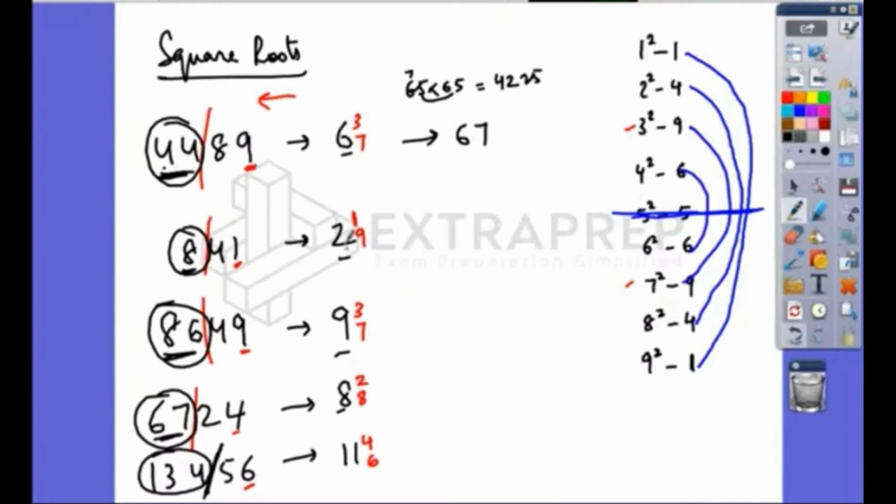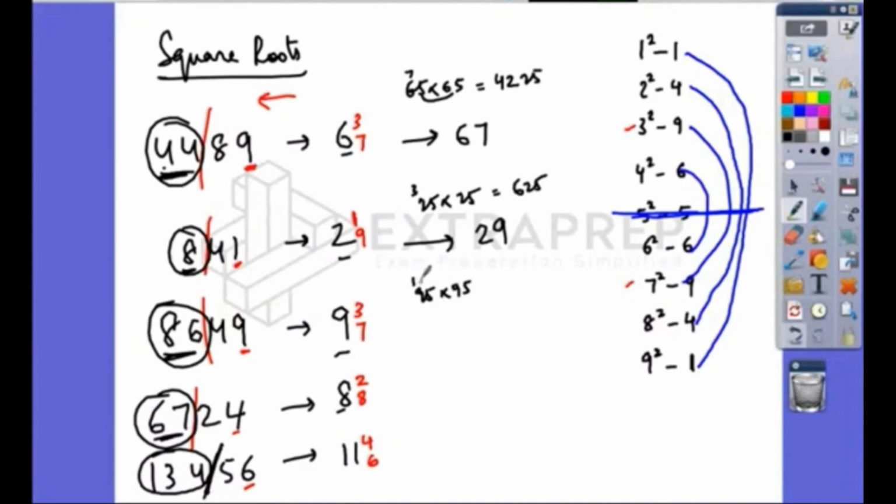Okay. Let's look at the next one. We know that the answer is 21 or 29. So let's calculate 25 into 25. So 2, next number is 3. 2 3s are 6 and 25 is what we get. 841 is more than 625. So your answer is 29. Here 95 into 95.